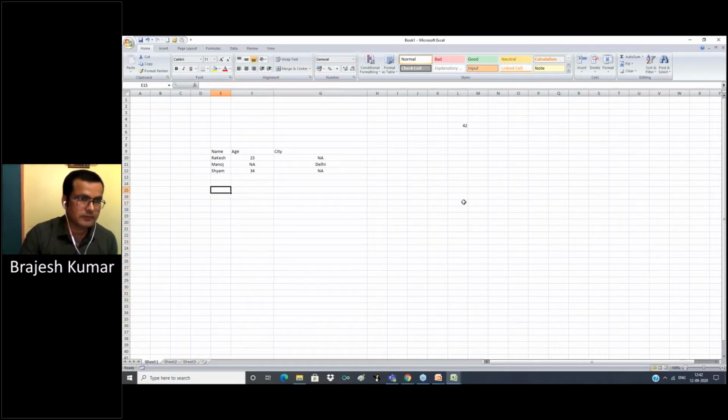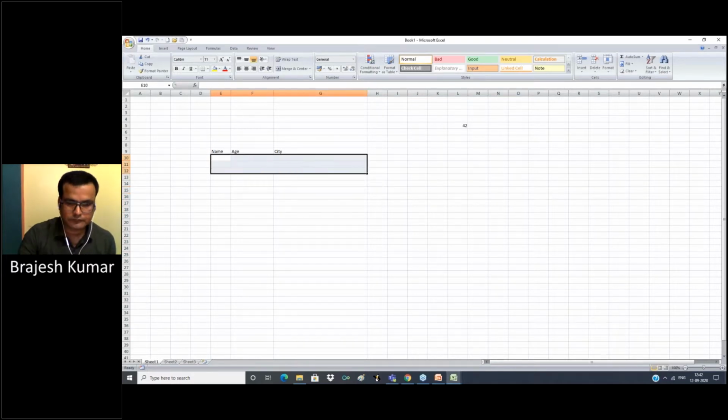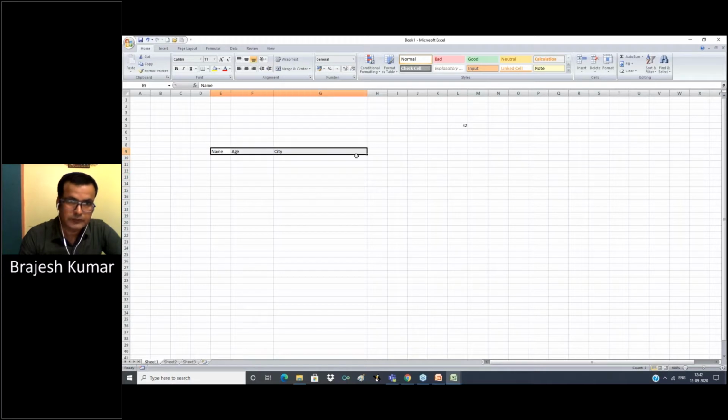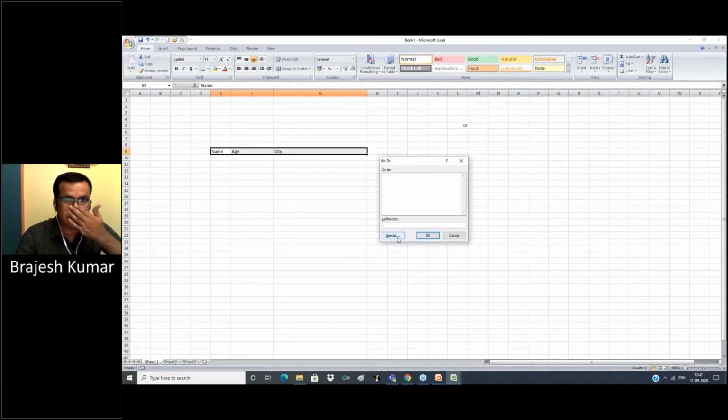For that, we are in column E, row 9. Now we want to go to column G, row number 35. Press Control G, Go To, and enter G35 where we want to go.